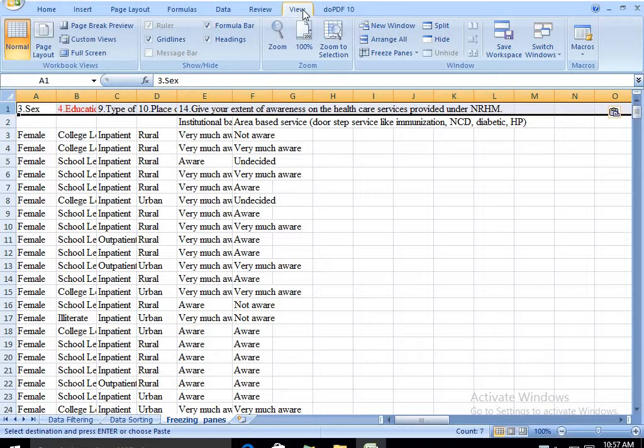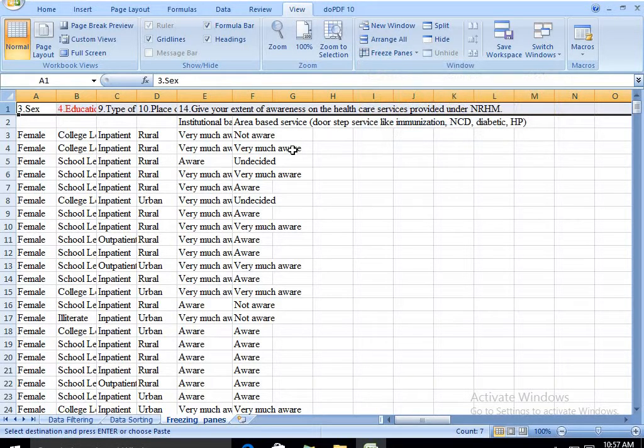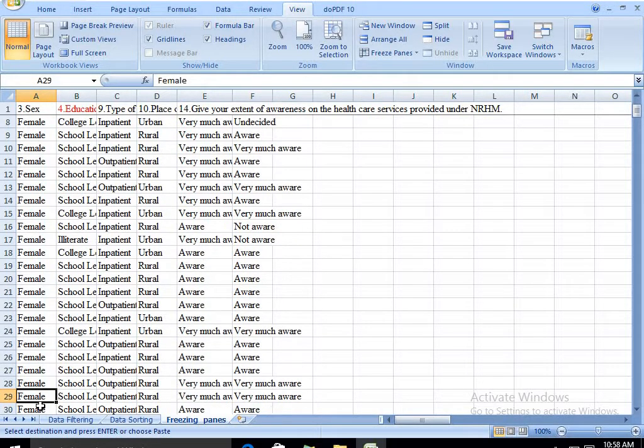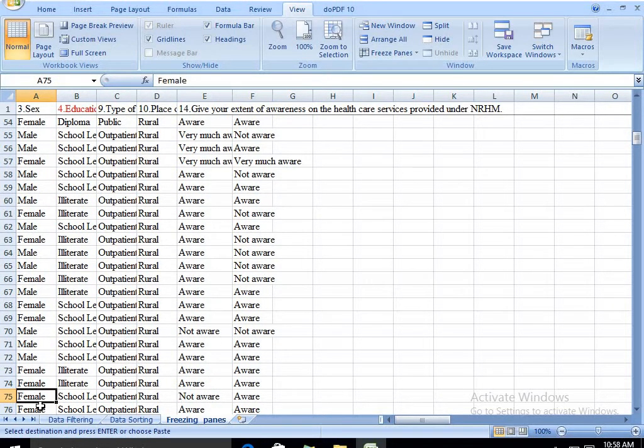To freeze your pane, your rows can be frozen or your columns can be frozen, so accordingly you can make up your decision. To freeze your panes, you have to go to the View tab and click the Freeze Pane down arrow. In that, when you want to freeze the top row, click Freeze Top Row. Thereby the top row will be frozen, and as a result, you could see that in one page you are able to see only 24 rows. Now when you freeze your pane, you will be able to see any number of rows, whereas the first heading will not be disturbed. This is how you have to do your freezing pane.